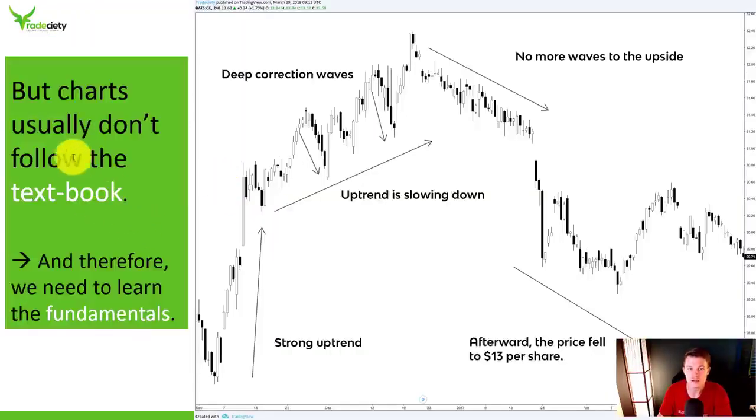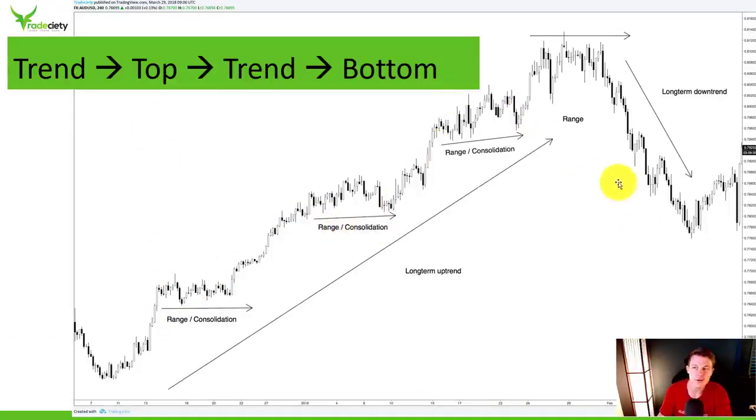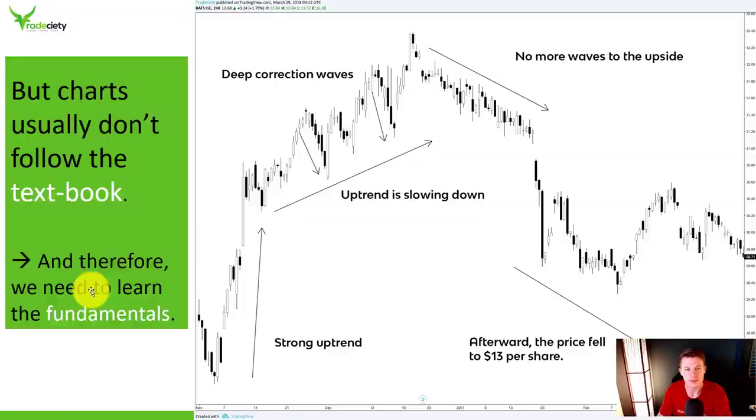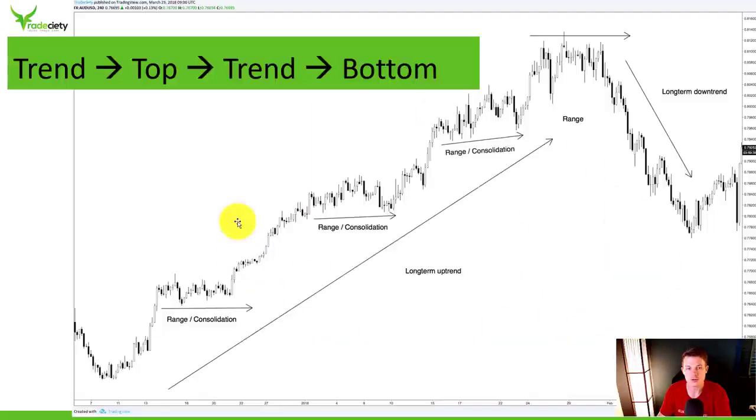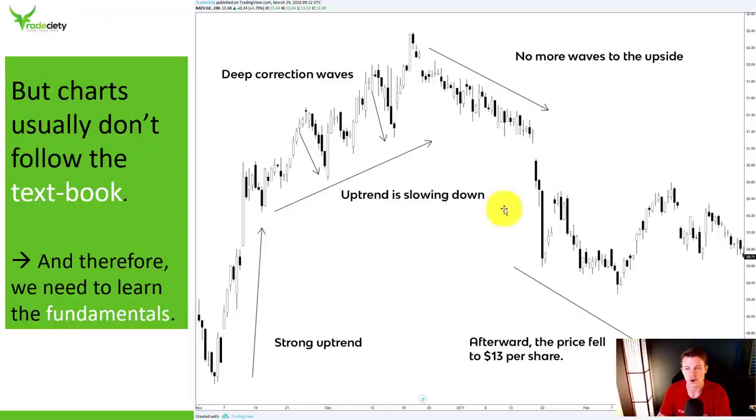Charts usually don't follow the textbook, as I said, and you can look at those nicely moving trends all day long, but the reality usually looks a little bit more messy, and it is very important that you are also open to studying those. Of course, we can see that the market is trending here, then the trend is becoming less strong, then the market is not able to move higher at all, and we can still put everything into context. We can still use those terms that we have used here in a little bit more of a messy approach,